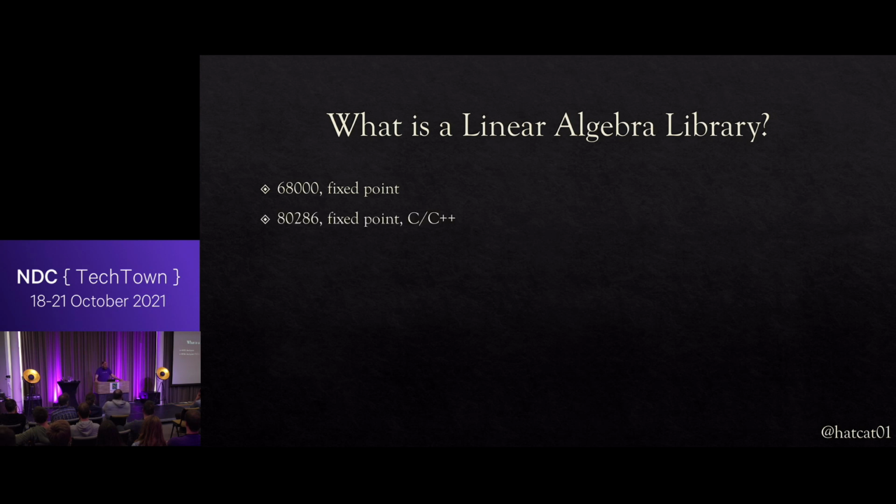So when I got my first PC, I had an 80286, and I built a linear algebra library with fixed point mathematics. And I was using C and a bit of C++. I was using Visual C++ with Microsoft Foundation Classes. But it was the same set of operations and the same set of problems to solve. My next machine came with a floating point coprocessor. I was delighted. Suddenly, it was a fantastic thing to discover.